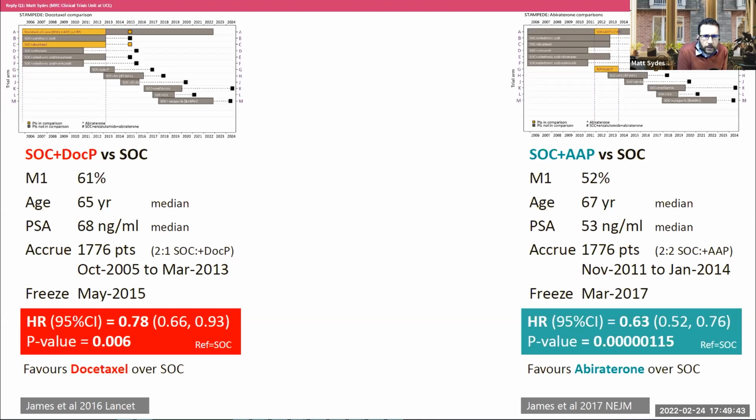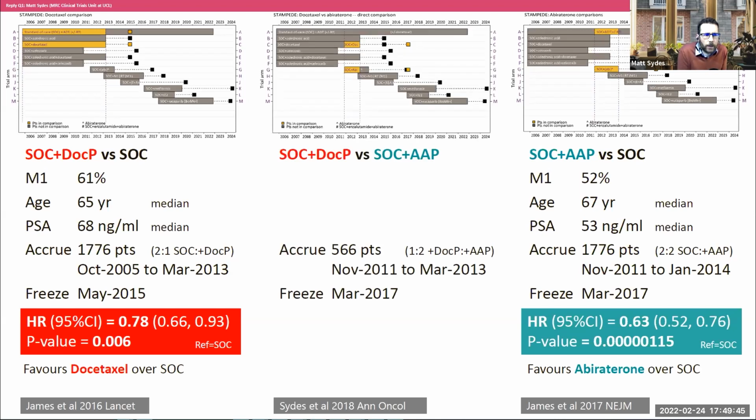If we go on to the next slide, we thought we could look at a head-to-head comparison for those patients who have been contemporaneously, or concurrently, allocated to either of those two research treatments. That had 566 patients in it. So that's not a small number. It's bigger than the first couple of trials I worked on when I started out in trials many years ago. This is just those patients allocated to either of those research treatments between late 2011 and early 2013. If we go on, we'll see the population is perhaps a little bit more similar to the docetaxel comparison than the abiraterone comparison. I'll mention why in a second.